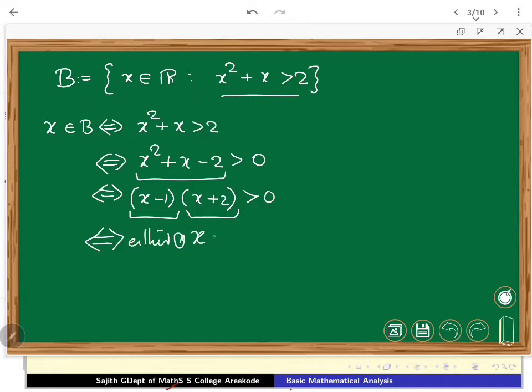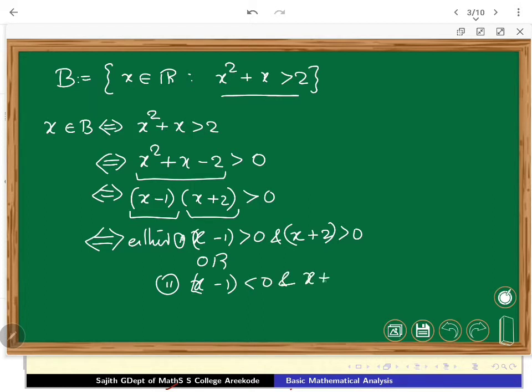One, x minus 1, that is my A, greater than 0. At the same time, x plus 2 also I have to make greater than 0. Or what should happen? That is x minus 1 is less than 0, and at the same time x plus 2 is also less than 0. But these conditions, how will you rewrite them again in an understandable manner? So these conditions,